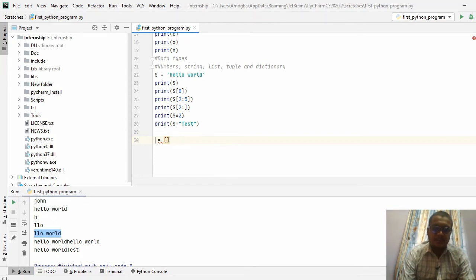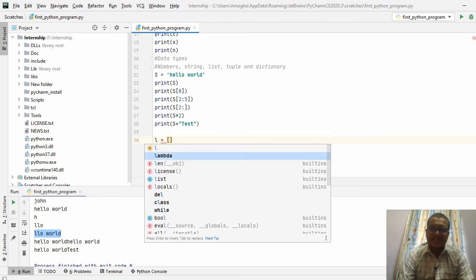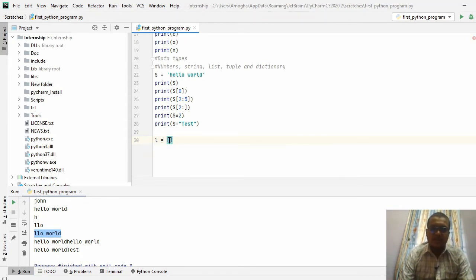So let me consider the variable name as L, and I am taking a combination of values like this. First one is a character, then a number, and you can have sentences as well like this.